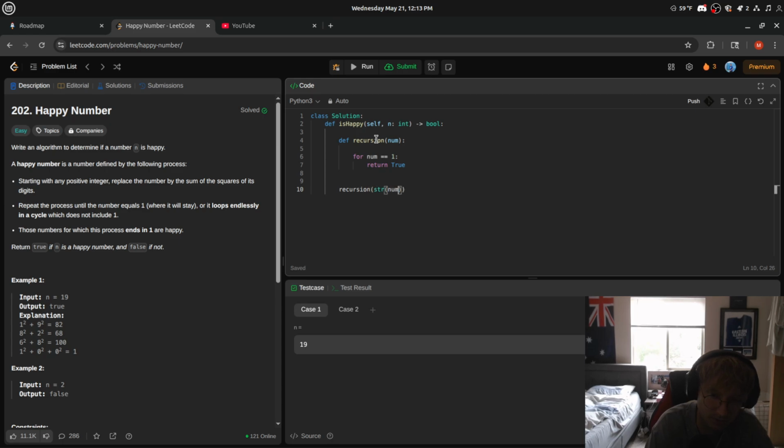Pass in the string and num. For i in range length num, into i times